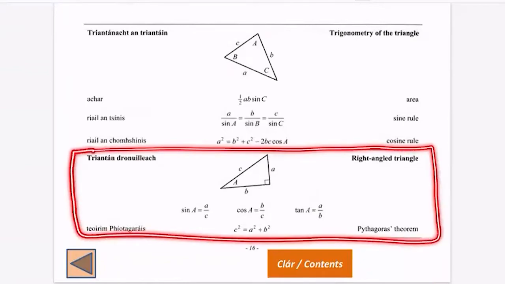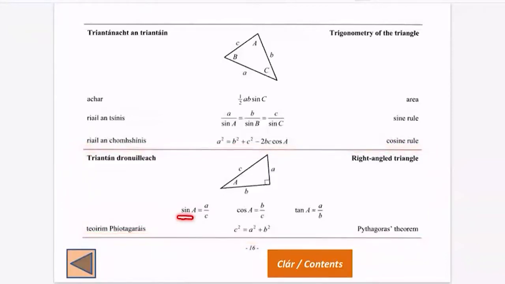Okay, so it's this box here that is literally your Bible for trig questions. So everything you need to answer a trig question is in this box. So the tools you have are sine, cos and tan, or Pythagoras' Theorem. Okay, so firstly, if we look at Pythagoras' Theorem, c squared is equal to a squared plus b squared. So what does that mean? Well, they've drawn this diagram of a triangle, and they've labelled the sides small a, small b, small c, and they've labelled the angle